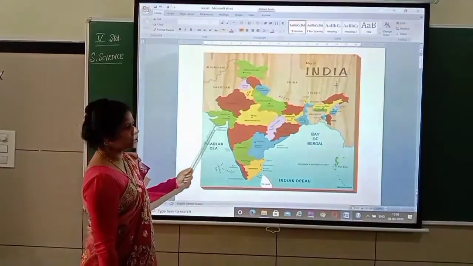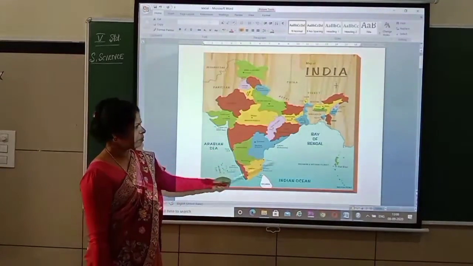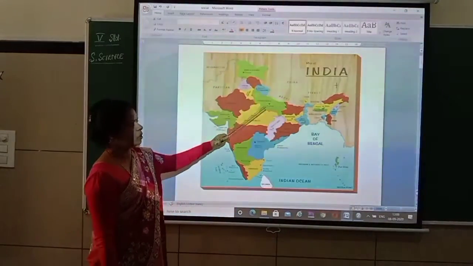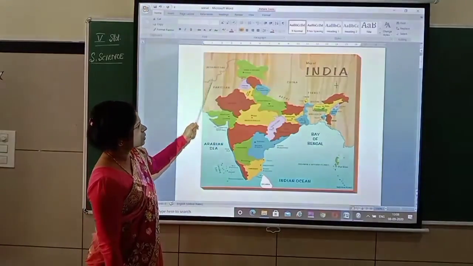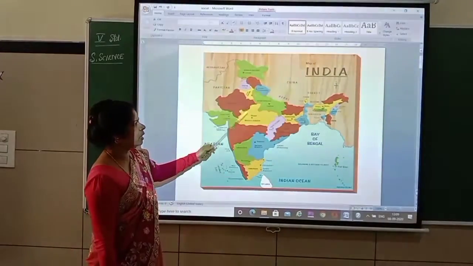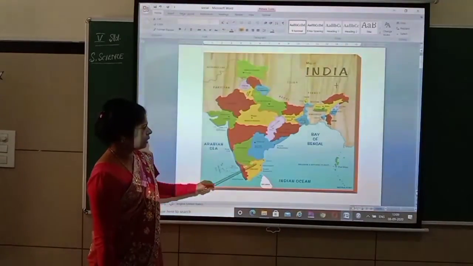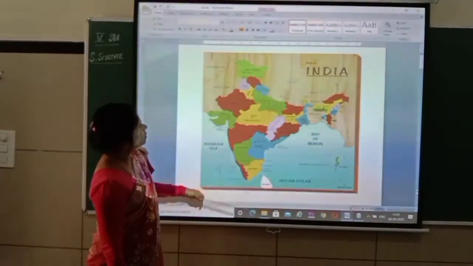Yeah, children, I told you I'll be showing some images, isn't it? Now see, this is about the India map. So this is a map actually. I told you map can be drawn in very small size as well as very big size. So this is one indication of the map here. So especially here it is Indian map, you can see, with different states, 29 states in India. Got it? So next.